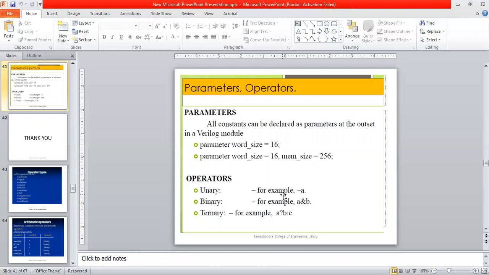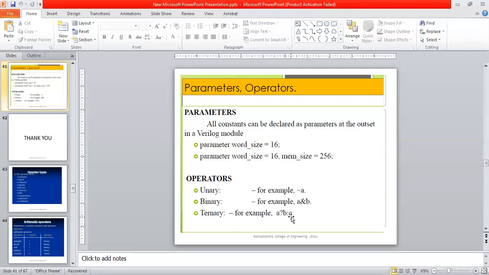Okay, students, now let us see operators. What are the different types of operators used in our Verilog language? Unary operators can be represented by using the negation of A. And the binary operator can be represented, for example, as A and B. This is one of the binary operators. Similarly, the ternary operator can be represented as A question mark B colon C. To know about these operators, we will see the next session.